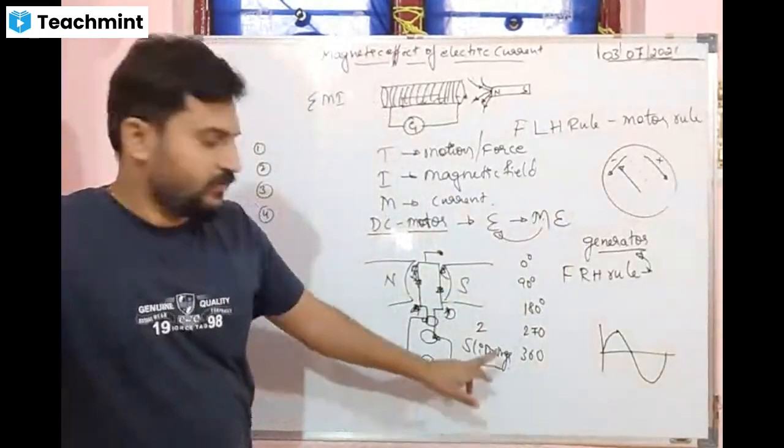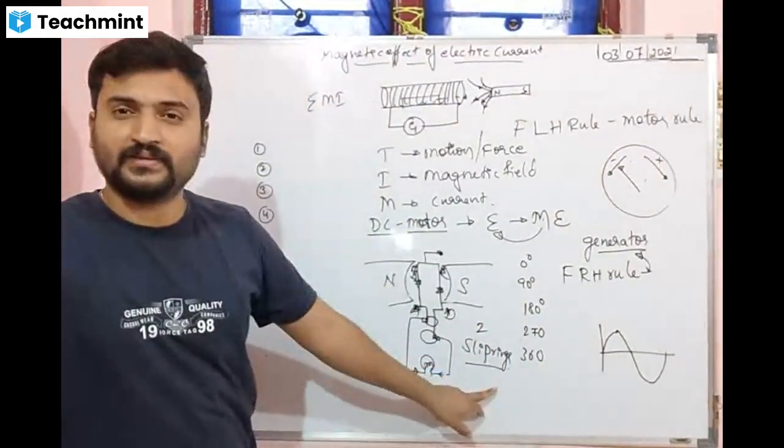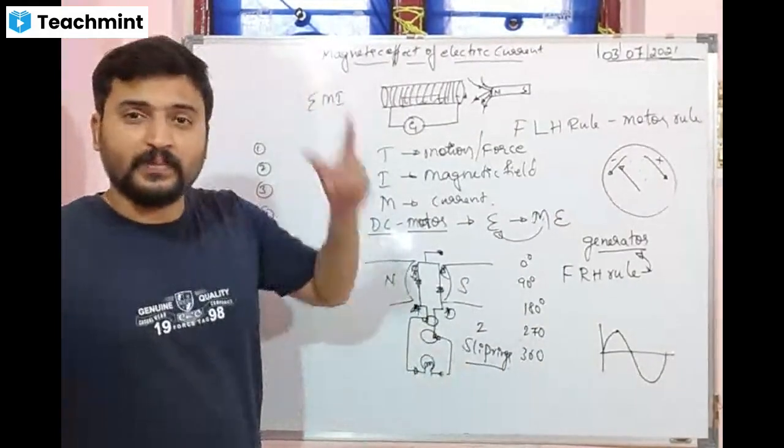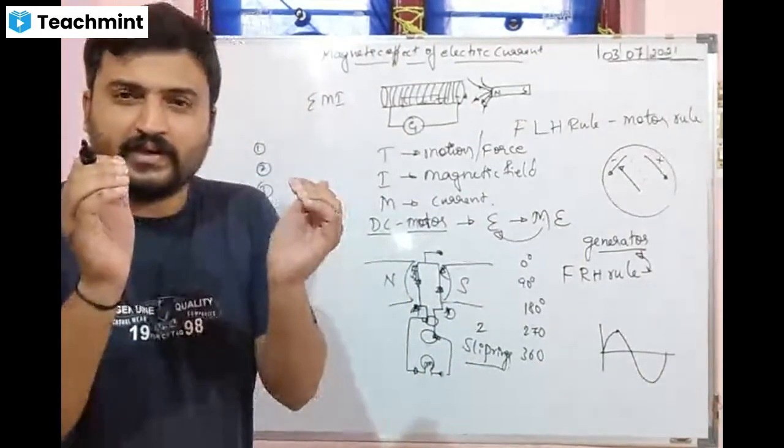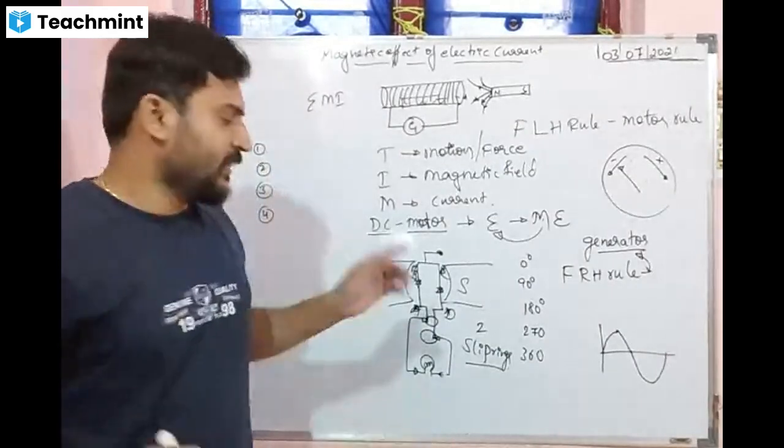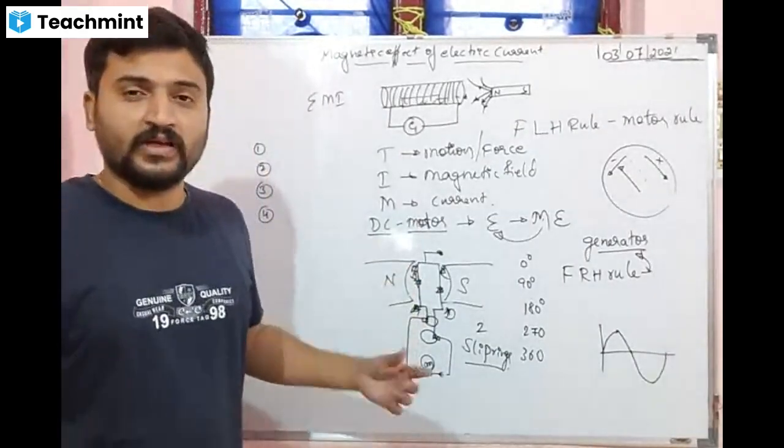What type of rings? Two slip rings. Slip rings, not split rings. If we cut a single ring and make two parts, what happens? That is called split rings. Here we used two rings which we call as